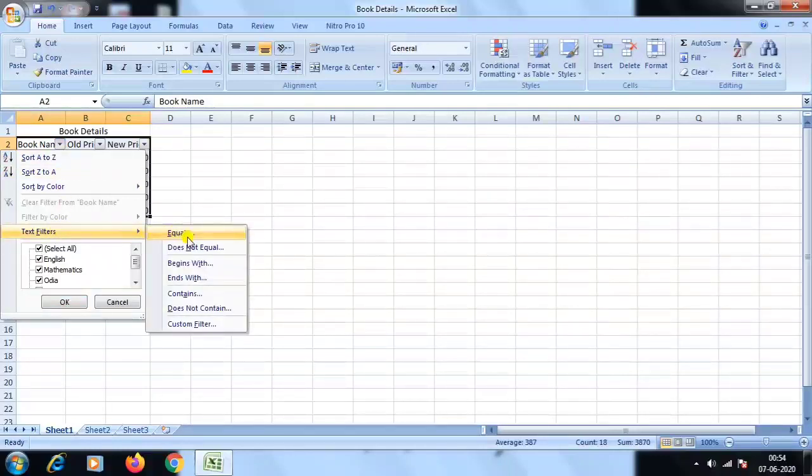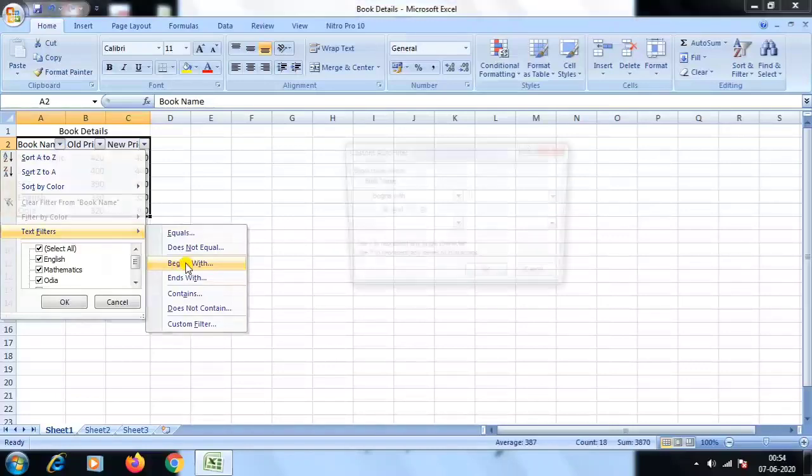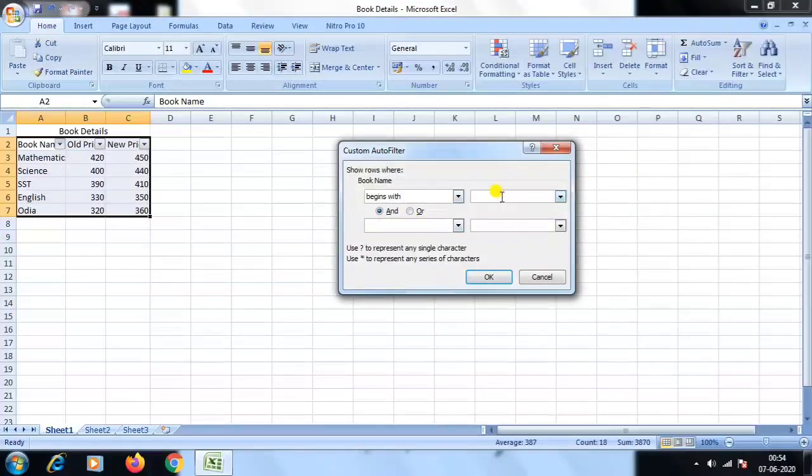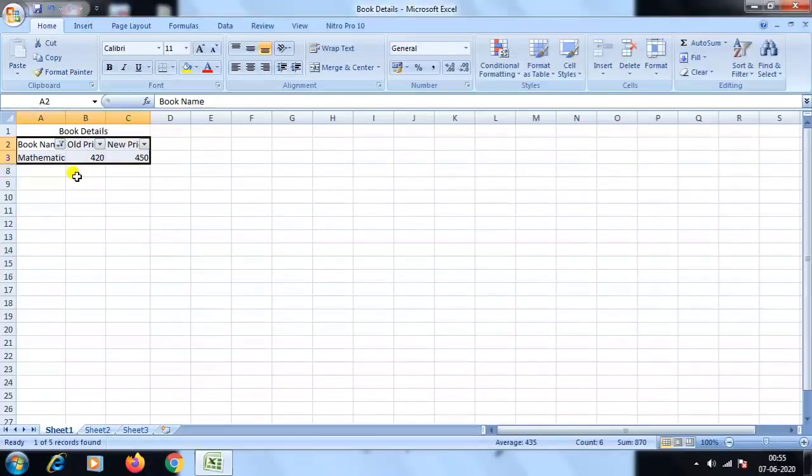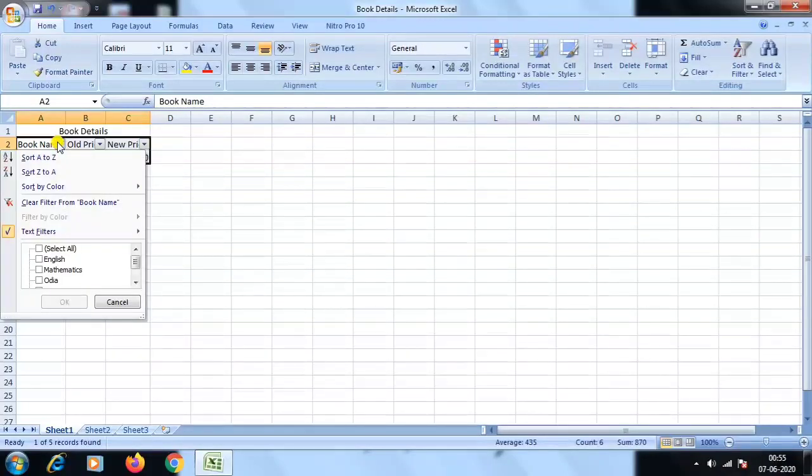Suppose I need to display all the records which begin with M, then you click here begins with, then you type here M. After that click on OK. See, only those subjects will be displayed which begin with M.